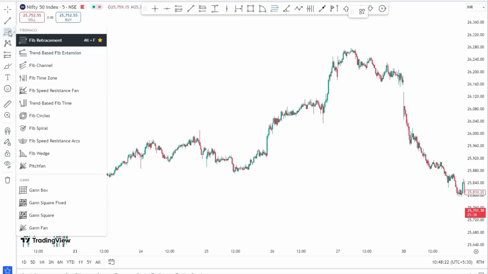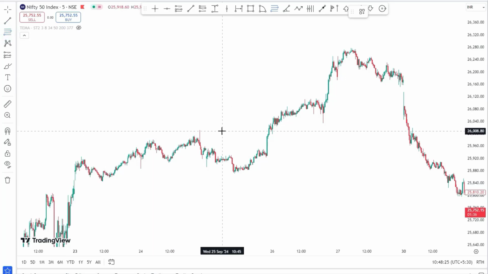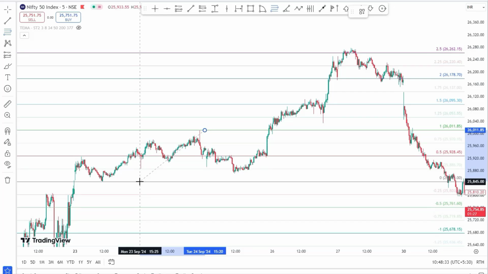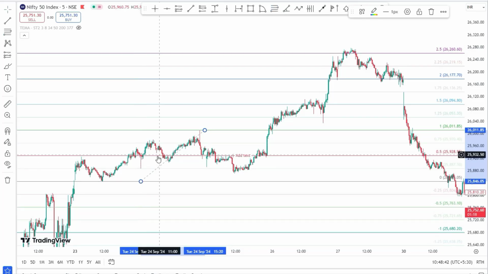So here what I will do, the previous day's high and low I will cover in that. So now you can find out these levels based on the previous data. So here all the levels are covered with this tool. So first this is the opening of the day, and later this is the line,